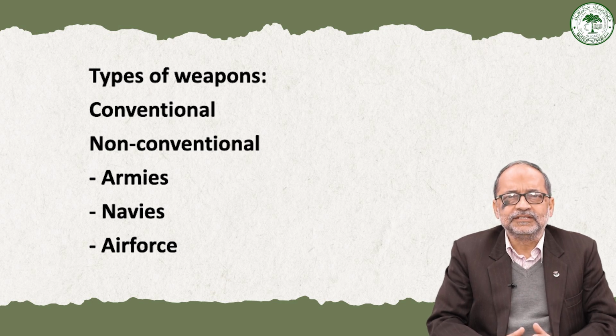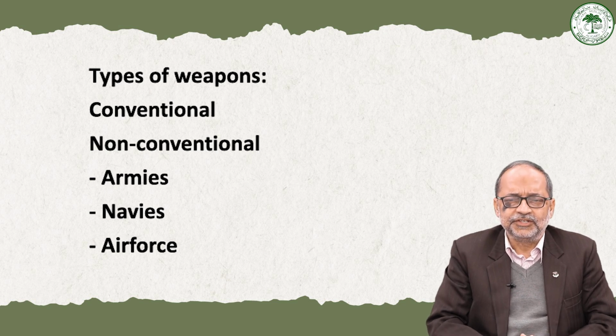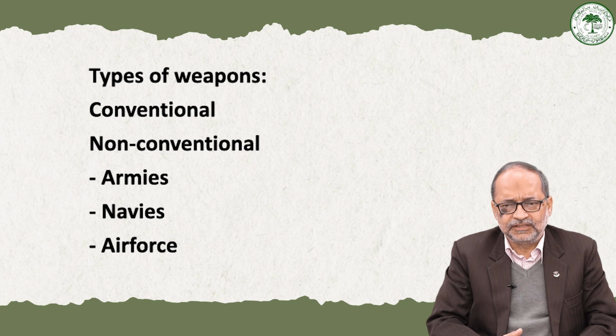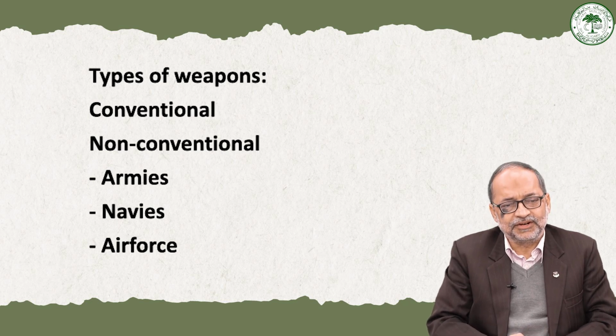The important thing is that in situations of war, it is conventional weapons which are used, or which are supposed to be used. Weapons of mass destruction are reserved for deterring threats. In the international arena, nation states often use their nuclear weapons to create deterrence, so that other states are deterred from attacking a country that possesses nuclear weapons, because the fear of nuclear weapons stops them from daring to attack.